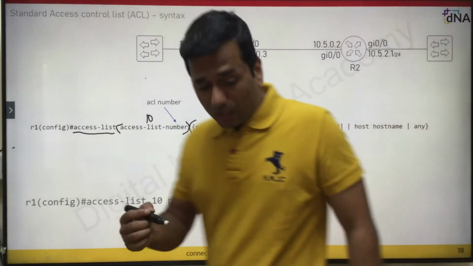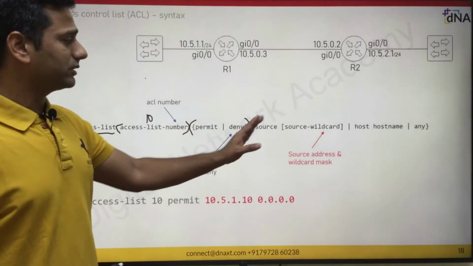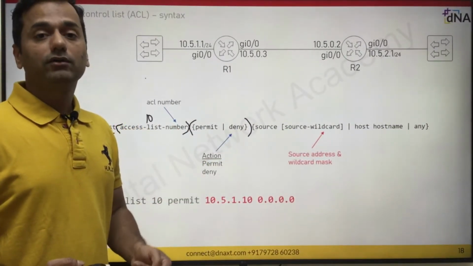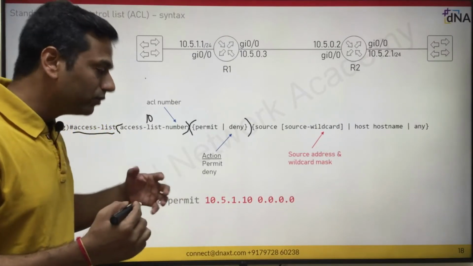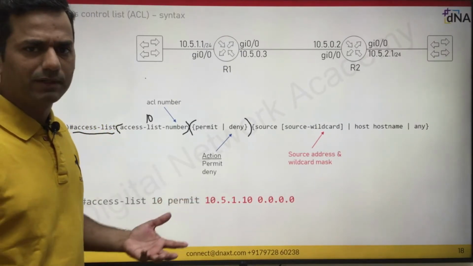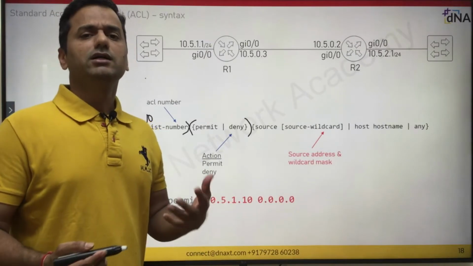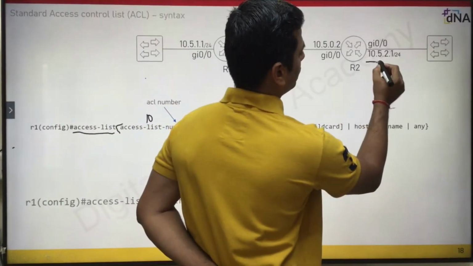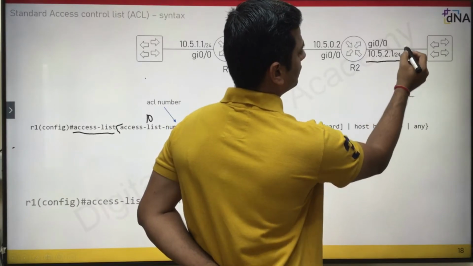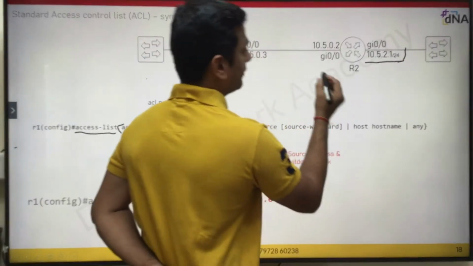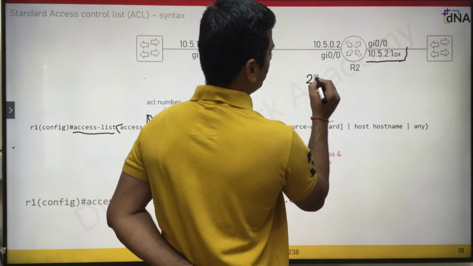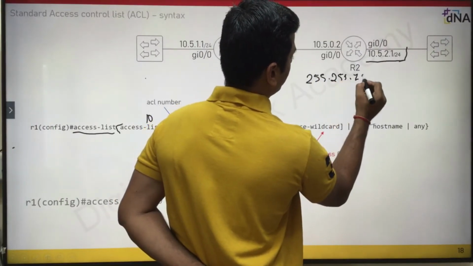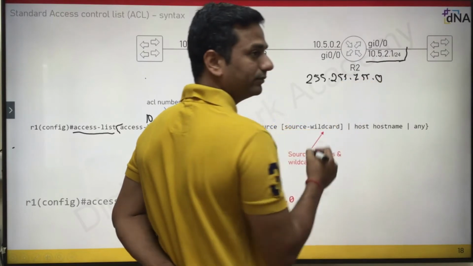So now when we say after the action, source and source wildcard mask, what does it mean? How to calculate the wildcard mask? It's very simple, depending on the subnet mask. Consider your LAN IP address is 10.5.2.0/24. 24 means subnet mask 255.255.255.0, right?